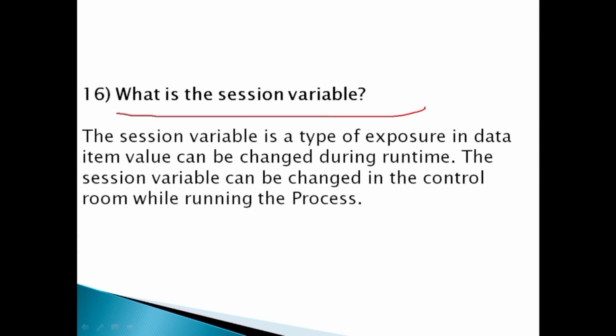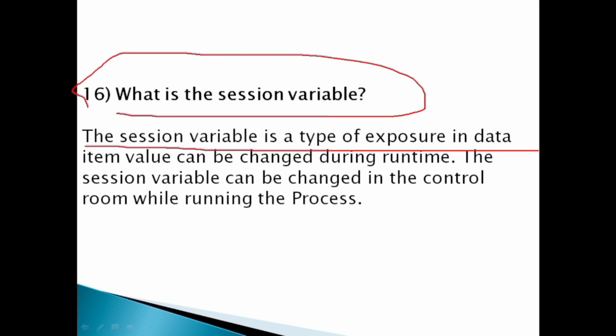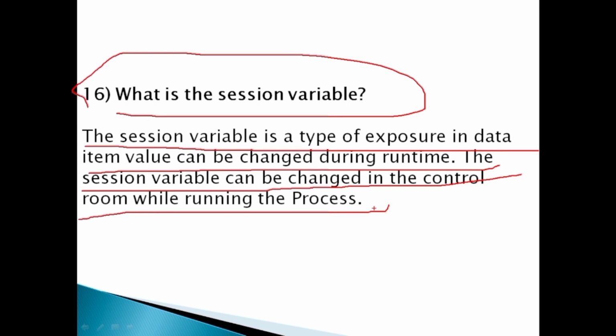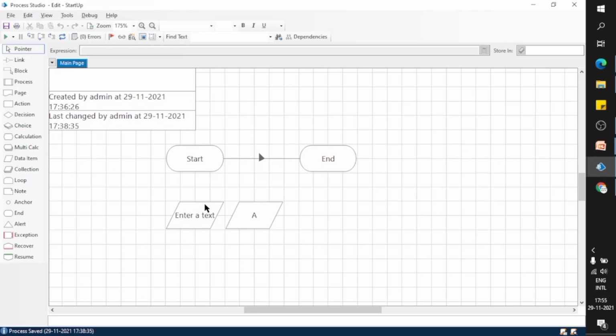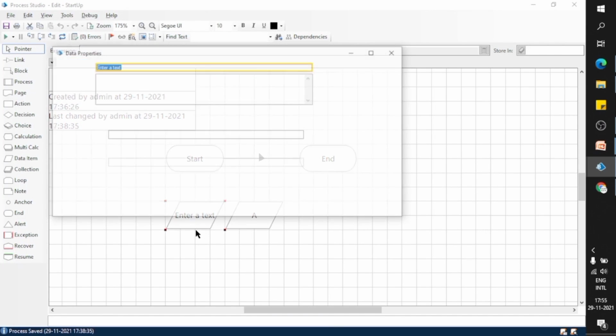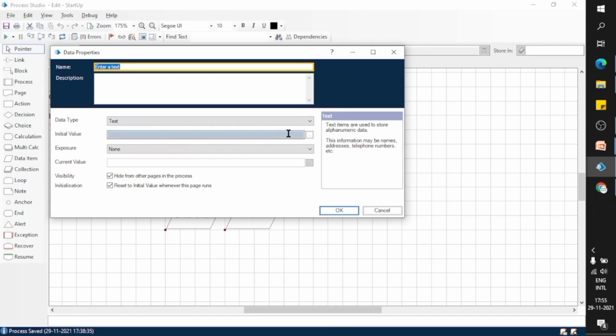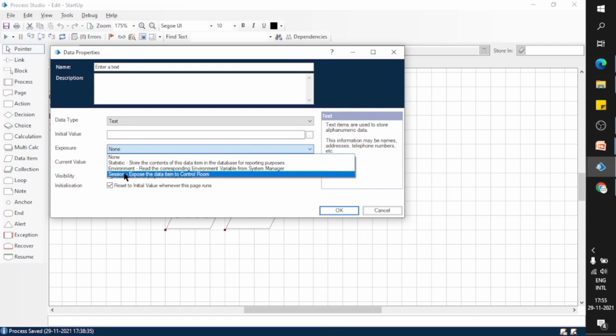What is a session variable? A session variable is a type of exposure in a data item whose value can be changed during runtime. We can change the value of this variable from the control room, and the value may be different for different sessions as well.